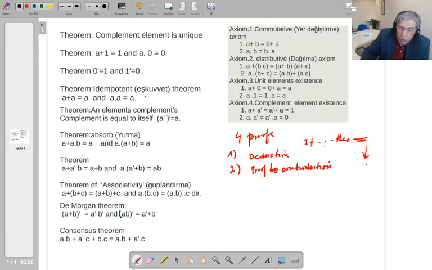You are assuming that that is true. If you assume the opposite is true, not this, but the opposite of this proposition is true, and then you do the calculations or step by step use the axioms,